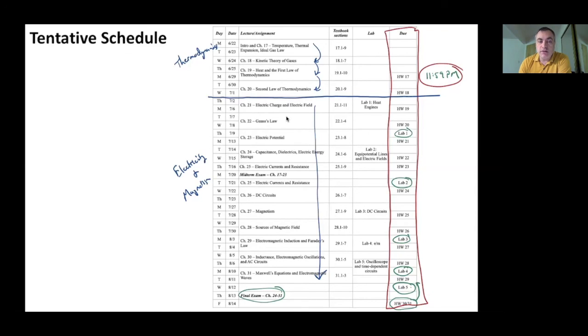But then again, like I said earlier, notice the midterm exam covers through chapter 23. So that means all of this stuff up here at the top, well, that's not going to be on the final exam. However, these 3 chapters, because this is building through electricity and magnetism, some of this stuff here you're going to have to know to be able to solve problems that are covered down here. So while I may not specifically give you a Gauss's law problem as something that I'm testing on the final exam, you might need to know something about it to be able to do something that sits down here. So just keep that in mind, and I can answer more questions as we get to those parts.